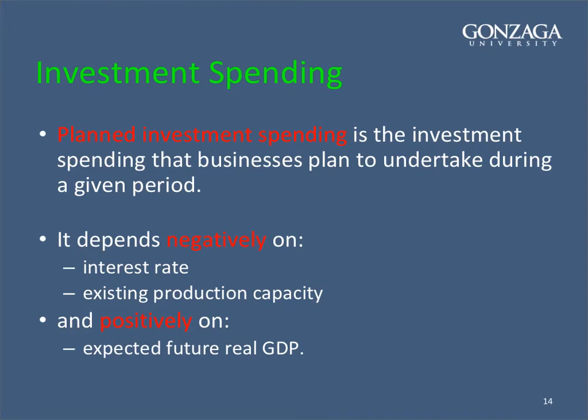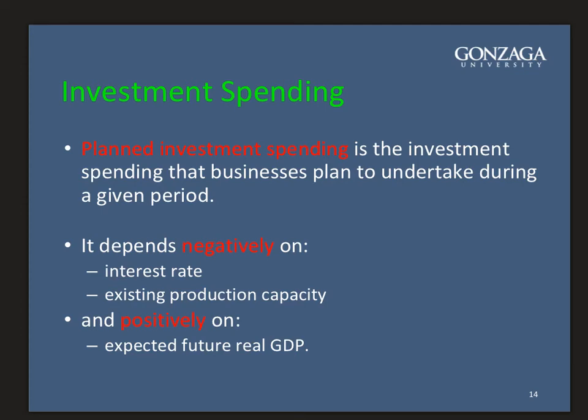All right, so now we're going to get into investment spending. Investment spending, although it's not a huge component of GDP, is by far the most important. And the one thing we're going to focus on is that initially investment is going to be relatively independent of disposable income. So it's going to be flat for the most part. What it depends on, and this should intuitively make sense,